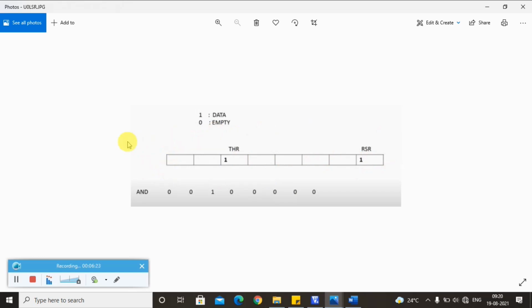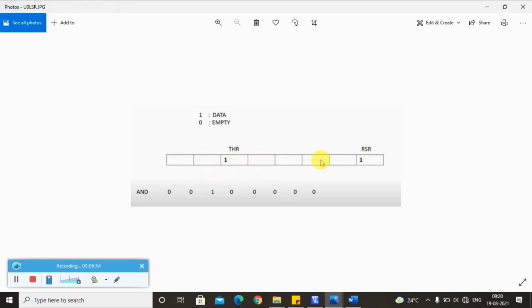Now this line status register is used to verify whether we have received the data in the transmit or not. Only if the data is present will we be able to send the data to the receiver. Correct? Now to check whether we have data or not, we are using a masking technique here. So what does that masking technique mean? For example, at present this will be 0 0 0 0 0 0 0 0.